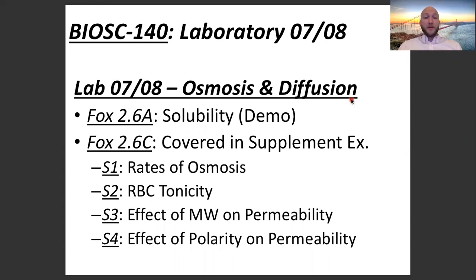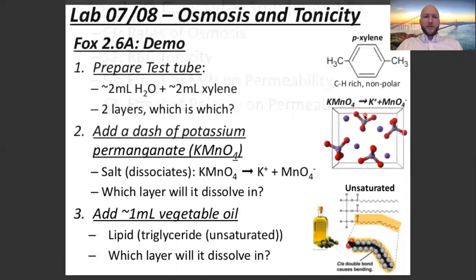So I want you to take note of this first screen. In some experiments, some laboratories in this class, there's just one procedure that we do per class. This one has a whole bunch. So you need to understand that and compartmentalize each experiment. Study Fox 2.6a and then put that away in your brain. Study 2.6c and put that away in your brain so you don't get them mixed up. Remember, I want you to be able to tell the general story of all of the labs that we do, like the procedures that we do, on top of knowing all of the science behind it all. So with that being said, let's jump right into Fox